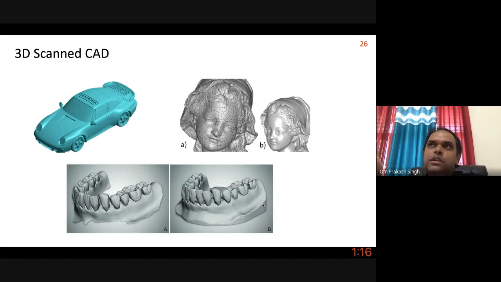Then you can do the post processing on that design and do the modeling. Okay, and for example, let's say if you want to do some FEM or CFD of, let's say, this teeth,